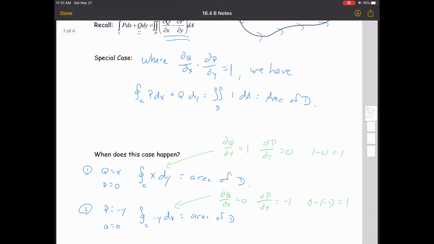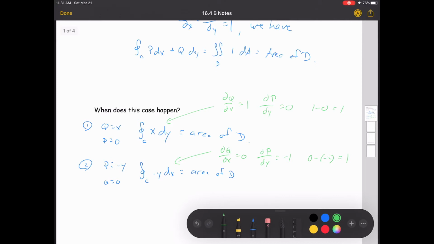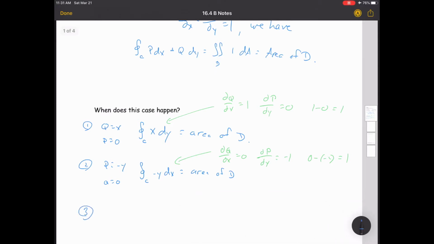Then you're going to have a third case, which really could be any fractional sum that's going to get you to 1. We're going to focus specifically on what if q is 1/2 x and p is negative 1/2 y. Well, then what you would get is you would get the integral, your line integral, make that a better circle, there you go, of 1/2 x dy